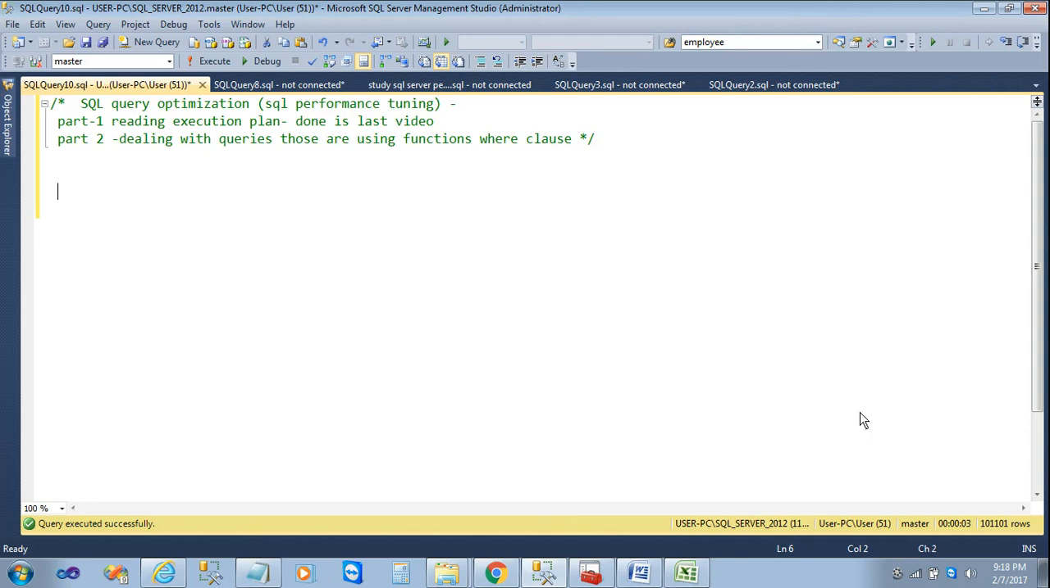Hi friends, this is Datta and today we will see the second part of SQL query optimization, which is dealing with queries that have functions in the where clause. In the first part we saw the reading of the execution plan and dealing with all the physical operators involved in it. In this part we will see how to deal with queries which are already using functions